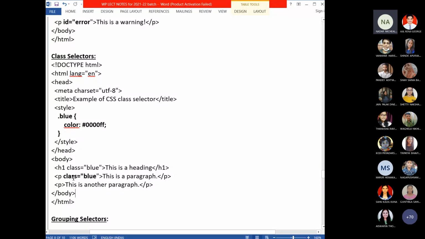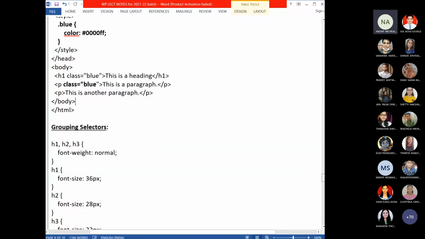Like the ID selector, this can be used in any of the tags. You can use class inside the P tag, H2 tag, div tag, or whichever tag you want. So that is class selector.